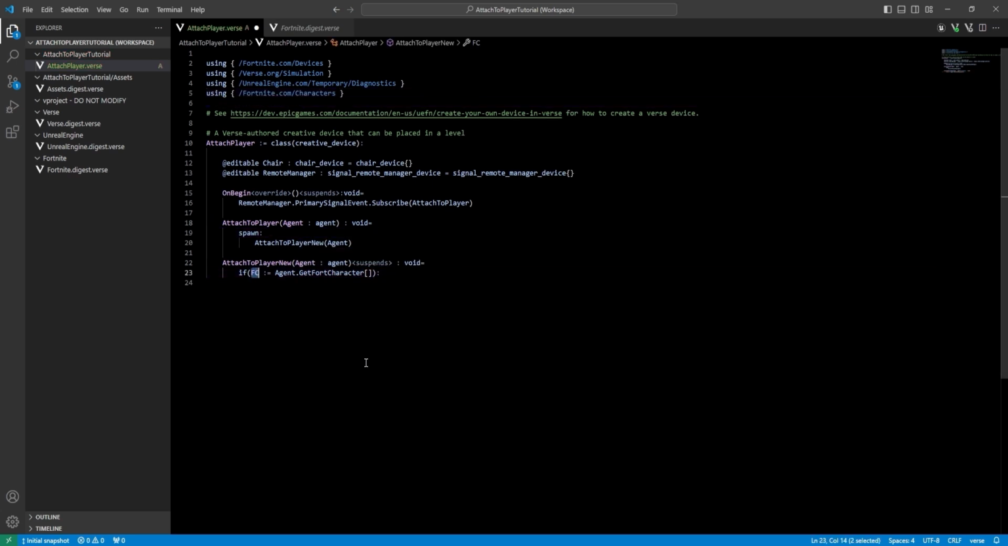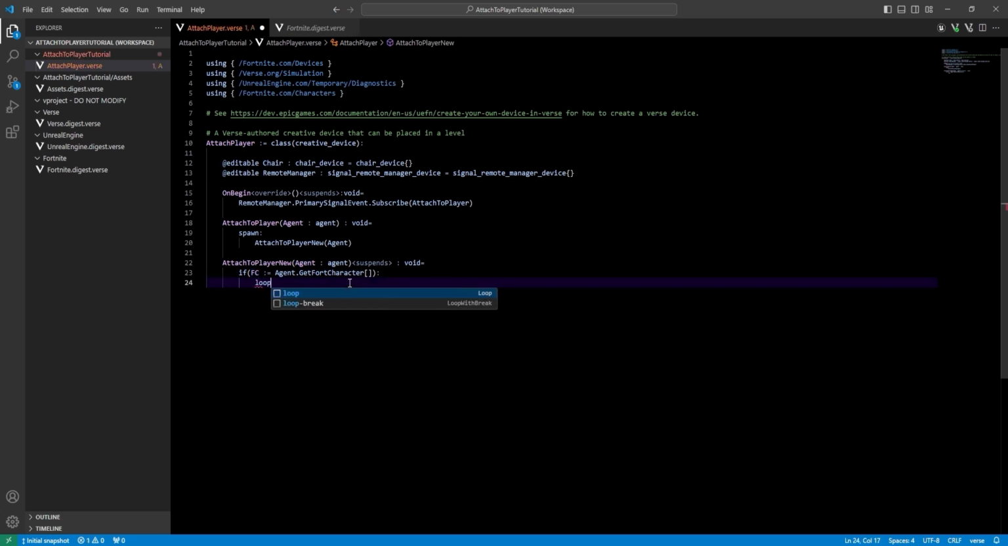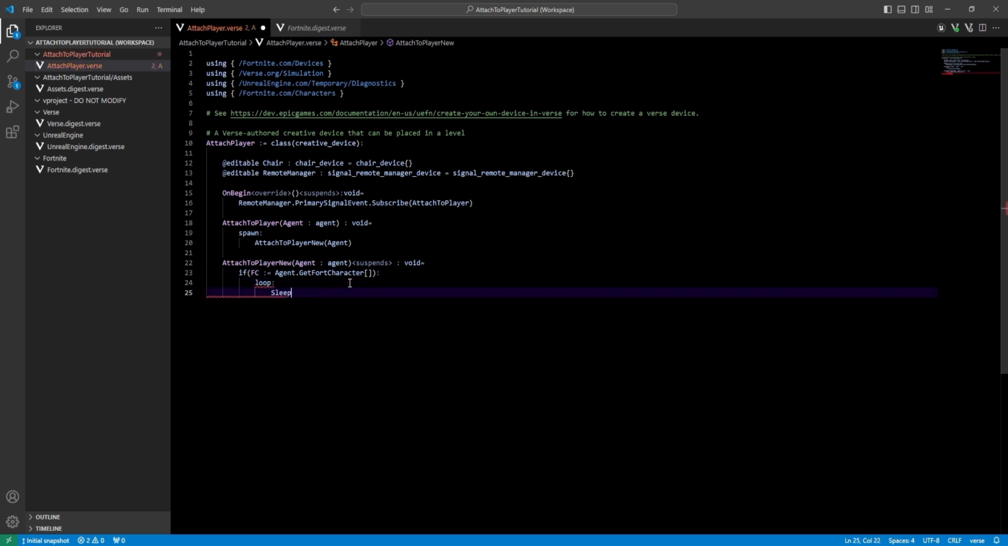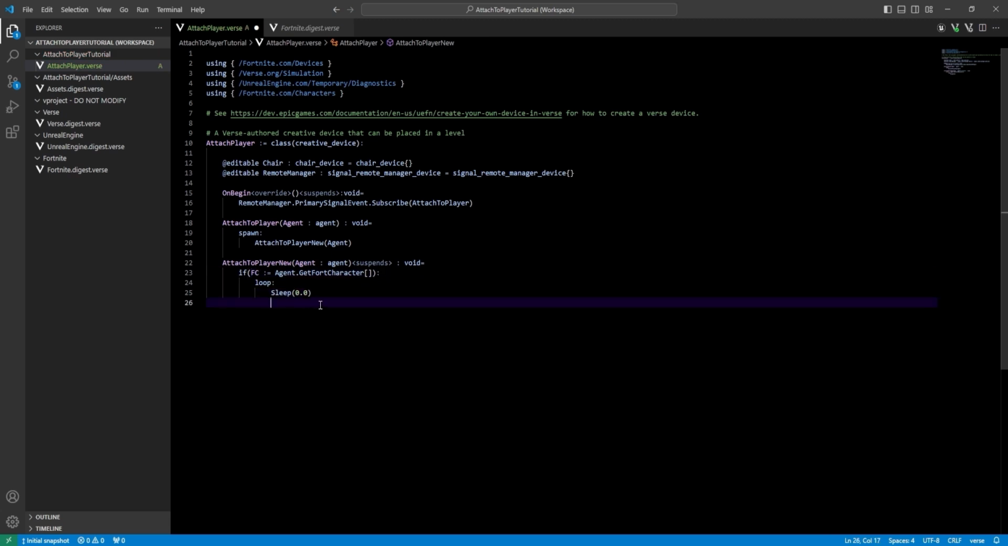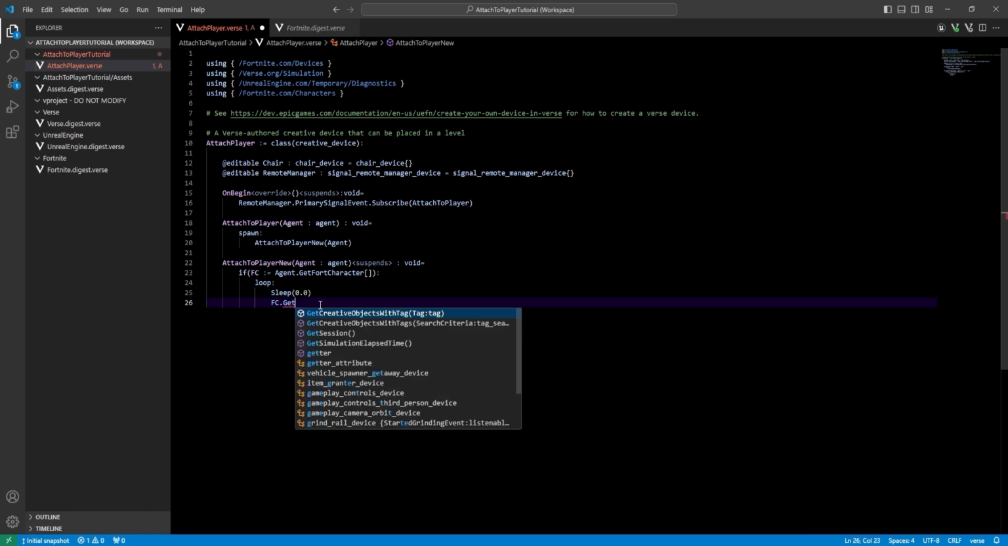Now that we have the fort character, we're going to make a loop that will constantly teleport this chair to the fort character. So I'm going to make a loop, and the first thing in my loop is going to be a sleep. It's going to be 0.0. Now get the player's position. So to do this, we'll say fc.get transform,